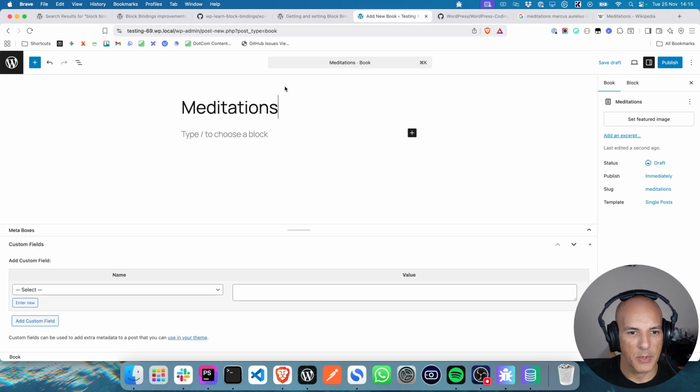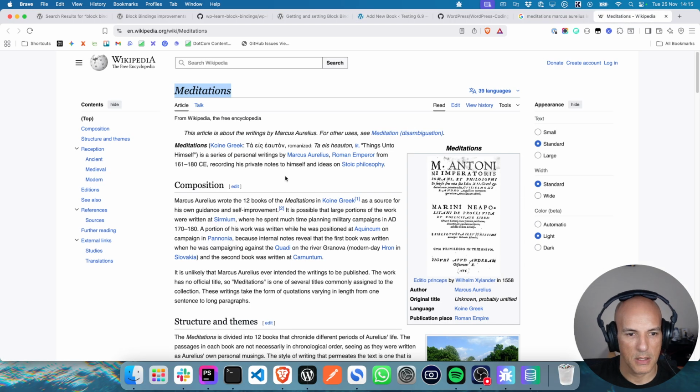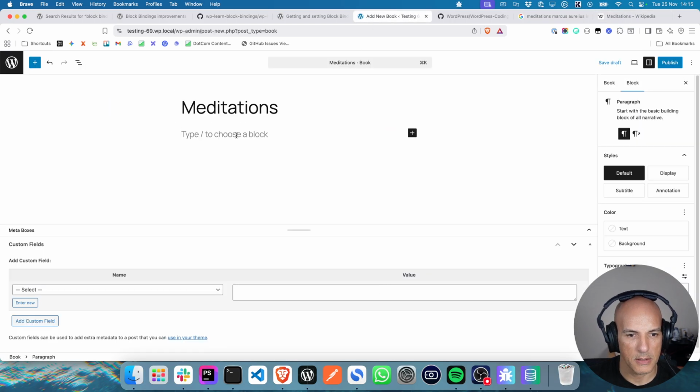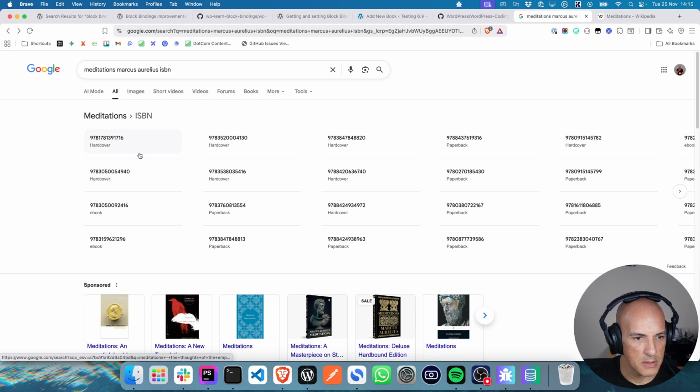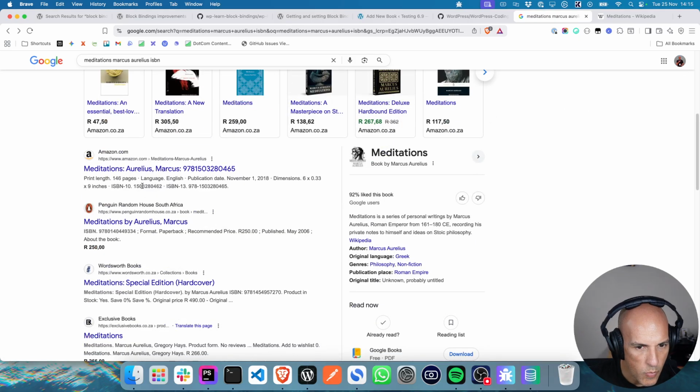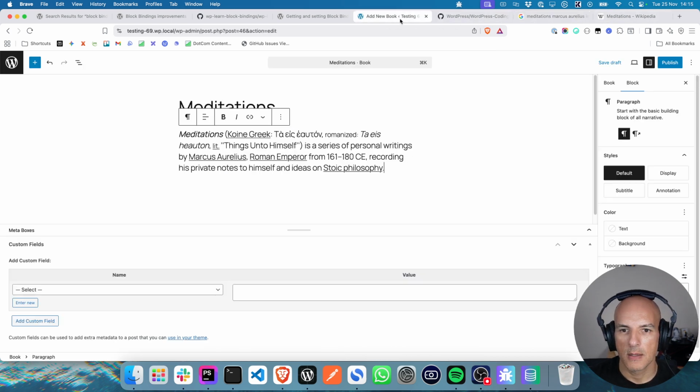Okay, let's just add a book. Let's add some information about the book, go to Wikipedia. All right. So I want an ISBN. I'm just going to grab one of these. Just take that one. Okay, so